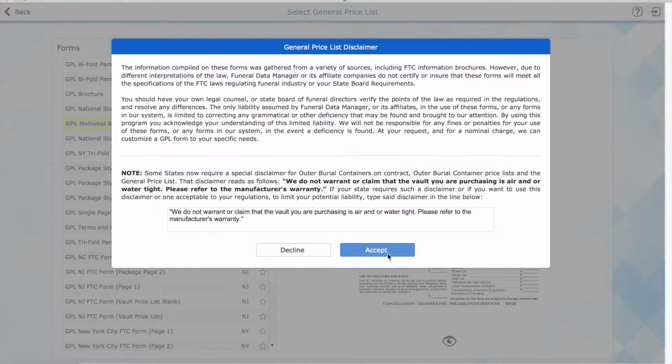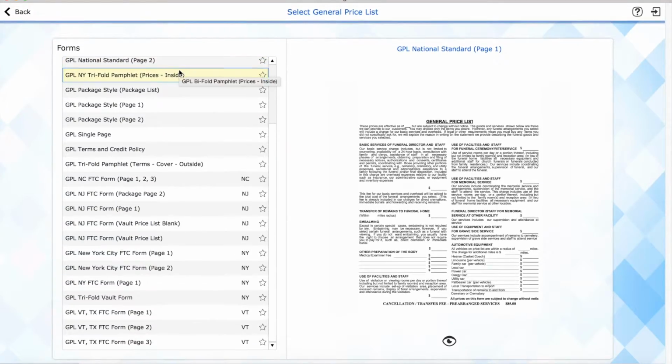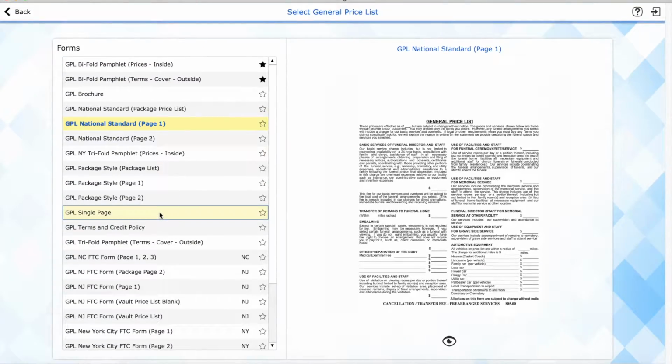We have a little disclaimer here at the beginning. Just click accept, and you'll be presented with a list of GPLs that we've pre-installed. When you find one that you like, such as the GPL National Standard, you click the star next to it to denote that this is your preferred one. And you'll have to uncheck the stars next to any other ones because you should only identify one general price